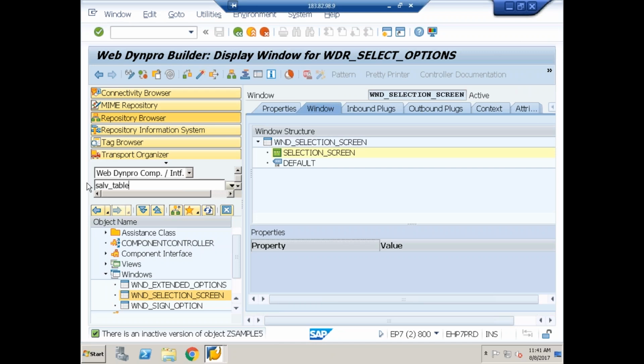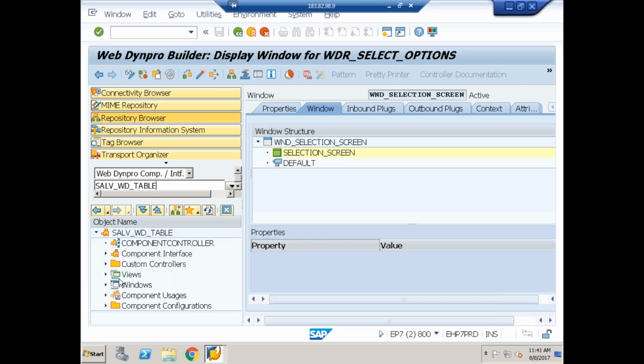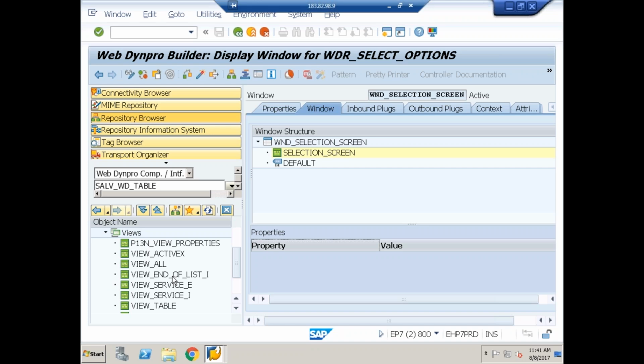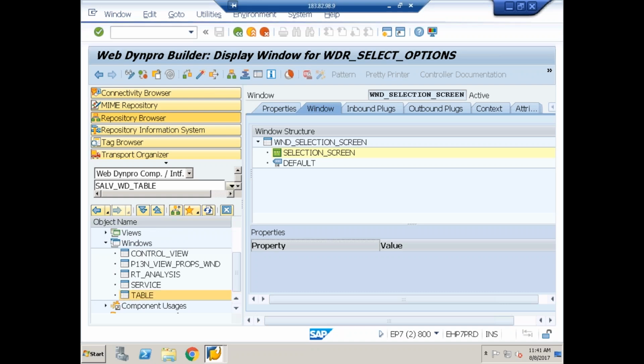SALV_WD_TABLE. Okay. In this standard interface, see the technique. We have many views. We have many windows. One of the windows is what? Table. If you double click on this table window,